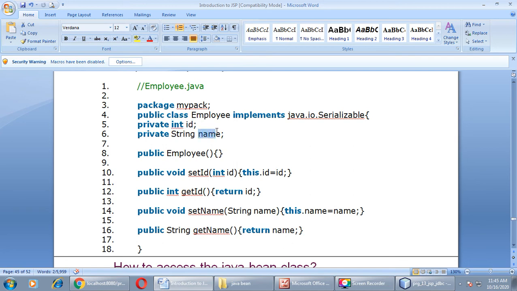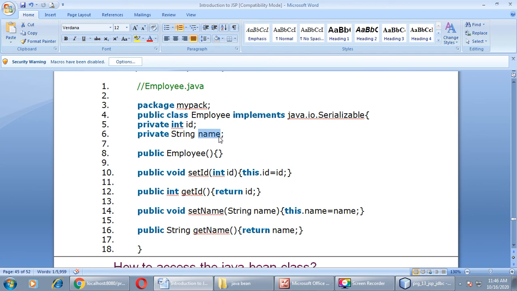For the name variable, again a setter method, setName, String name. Here again this is a parameter, and whatever value comes in this parameter, we want to assign to a local variable with the same name. This.name means we are talking about the local variable.